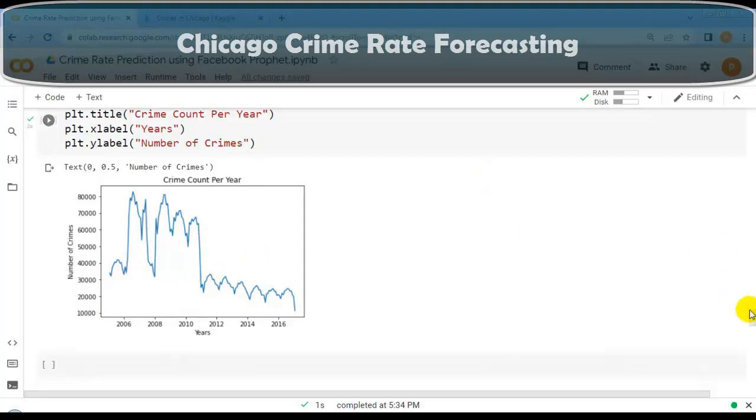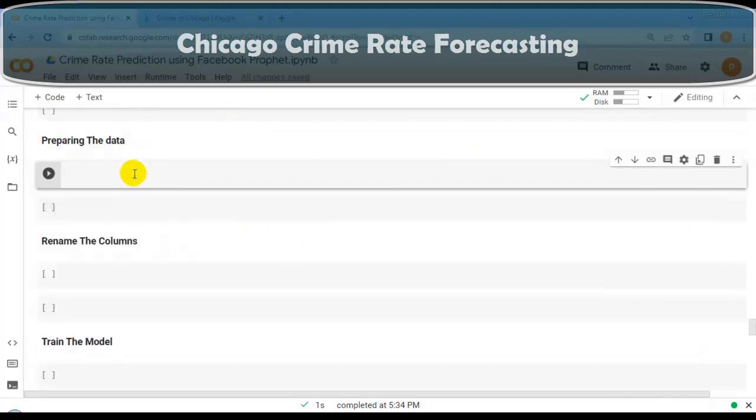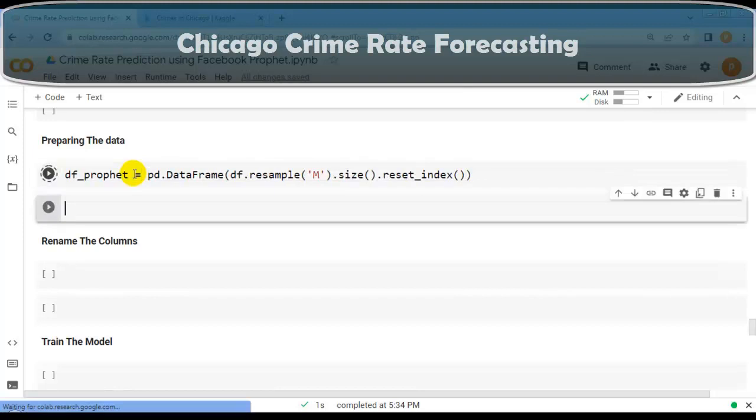Now our next question. From here, we are going to perform forecasting. For that, let's prepare our data for Facebook Prophet. Let's first aggregate the number of cases per month for all years. For that, let me write df.resample, month-wise distribution, and count. Now we are going to reset the index that we set with date. Let me create a pandas data frame for this and assign it to a variable, df_prophet, equal to this statement. Let me execute this cell.